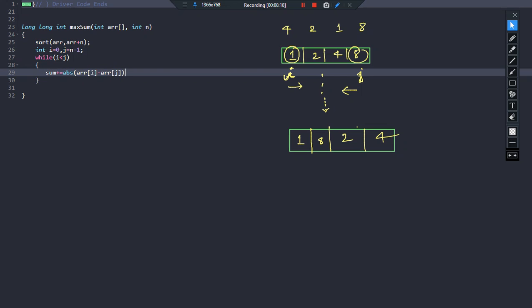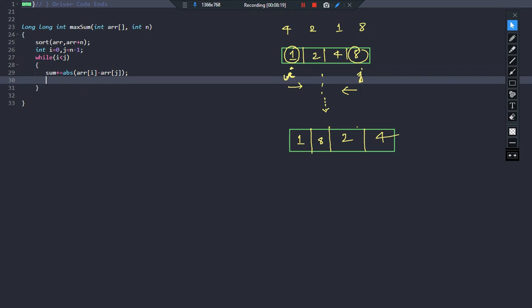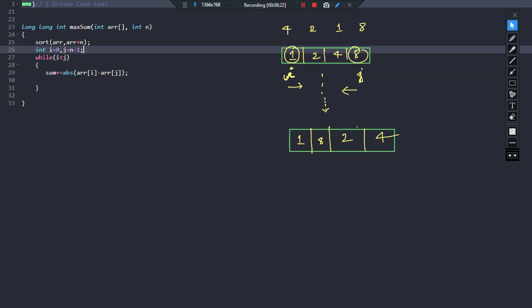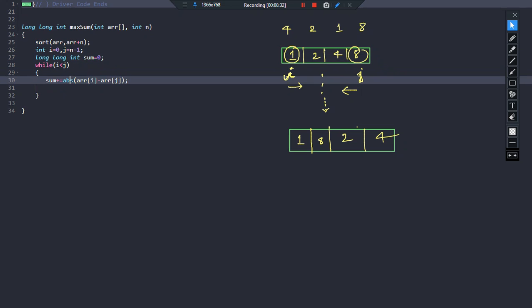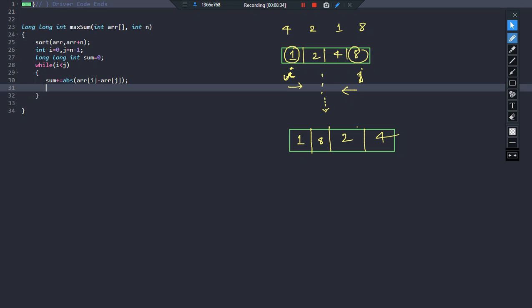Done. Cool. So yes, I'll declare a variable sum here, sum equal to 0. Remember, this is of long type because the return type is long, so I'll declare it as long. Great. So this is what we are doing, isn't it?